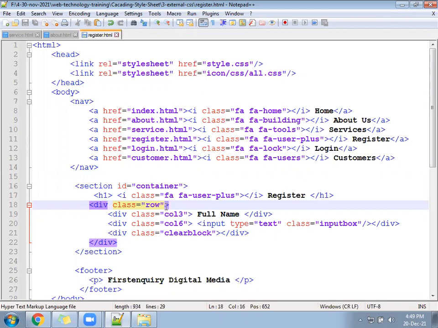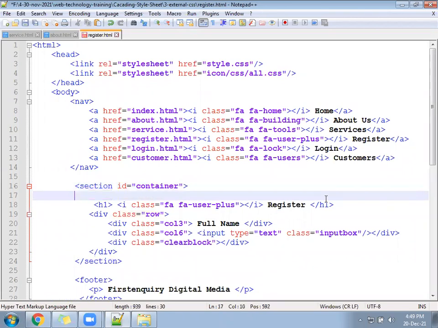Okay, hope ready. Now this all things container you have followed, that is okay. Inside the container you have to follow another division.